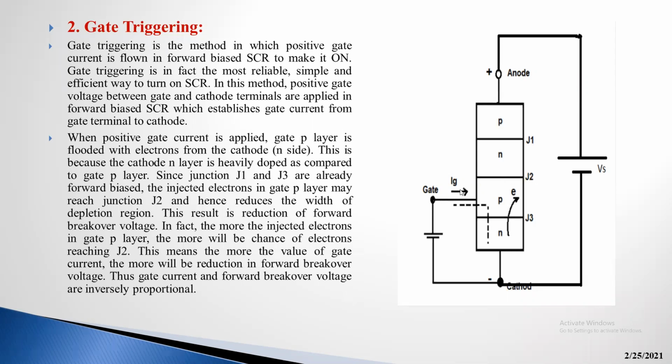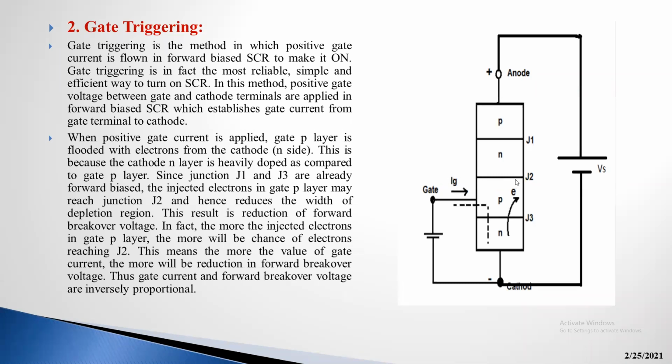Okay, so by increasing this gate current, what will happen? The doping level of the electrons is increased, and these electrons may reach this junction J2. And by increasing the magnitude of this current,